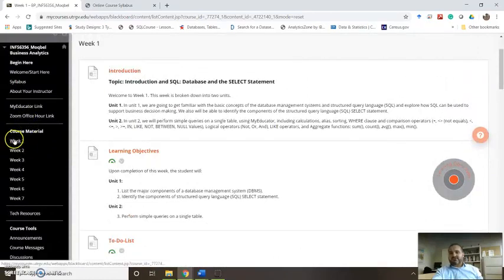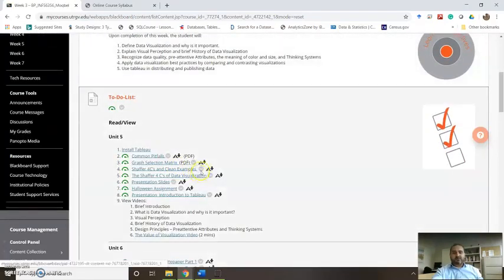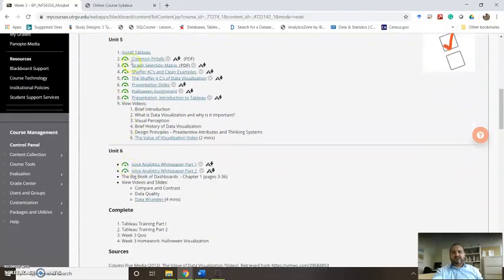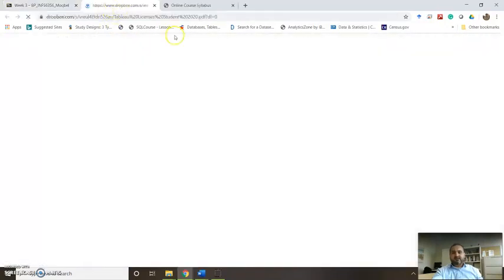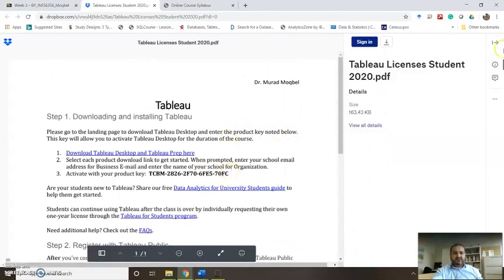Again, the first 2 weeks are going to be about SQL, or retrieving data from a relational database, and then from week 3 all the way to week 7, it is going to be about Tableau. For example, in week 3, we are going to have a quick lecture, and you have details about how to install Tableau here. Let me click on it so you can see. I have provided more information than what you need. The license is provided to you here,